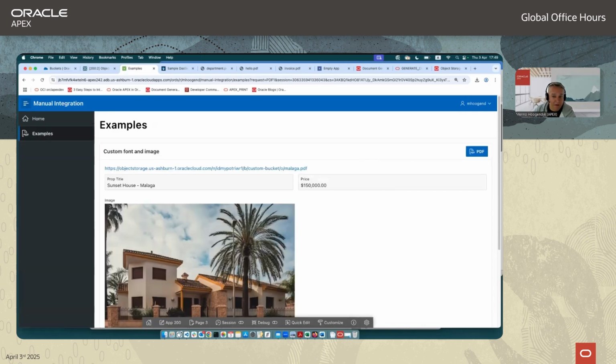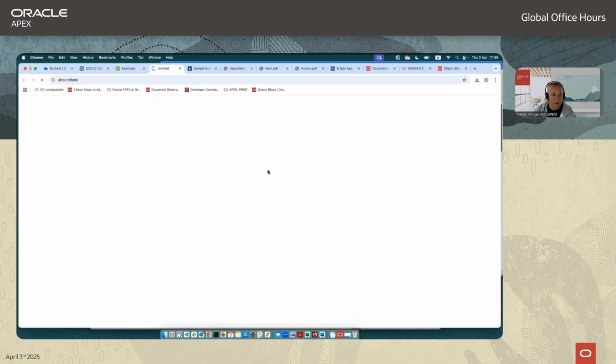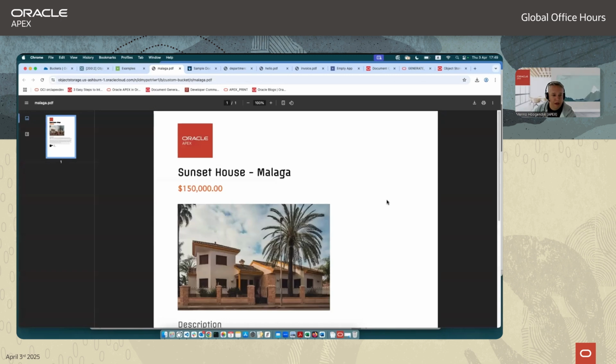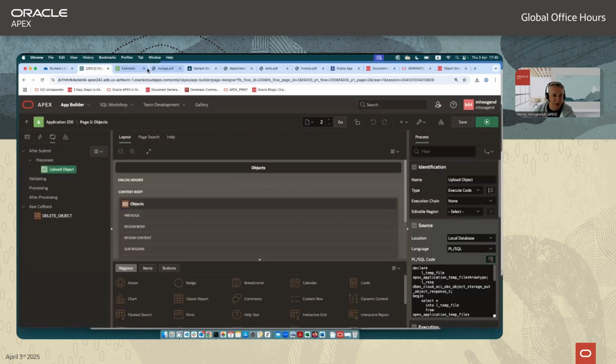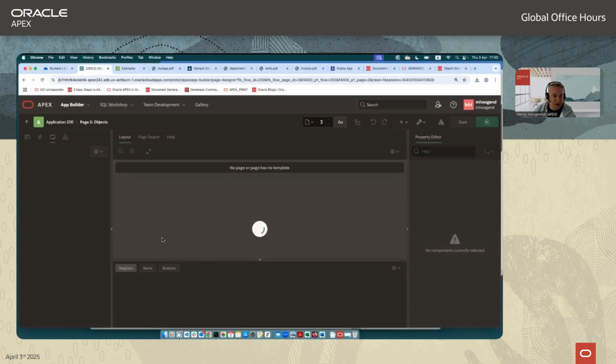And I'm not downloading it now, but I'm showing you that it stored it on object storage. So I can now click on this link to show you the PDF that it generated. And I see that it applied that custom font. It inserted that image. It even specified it with a width and a height. So if I go to this page, page 3,